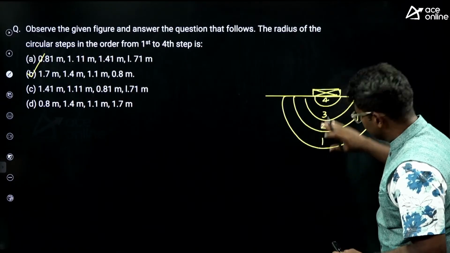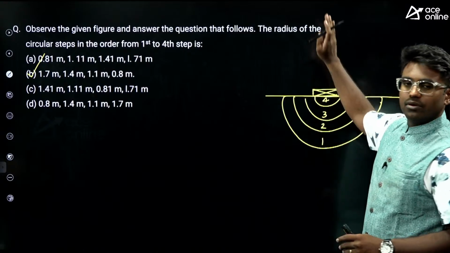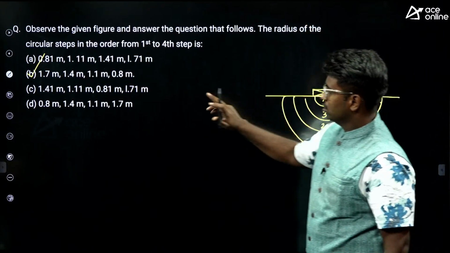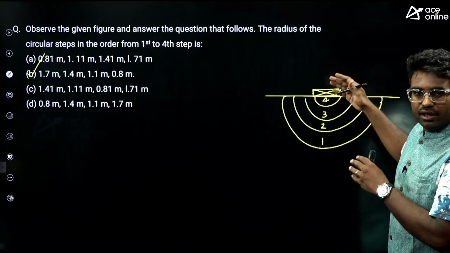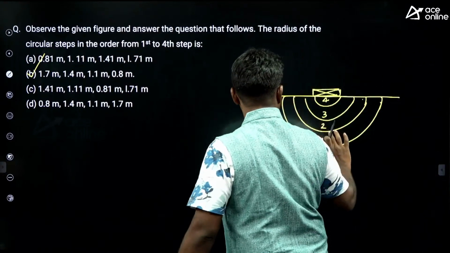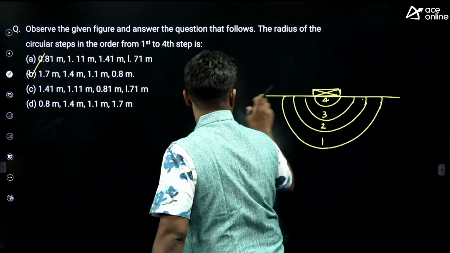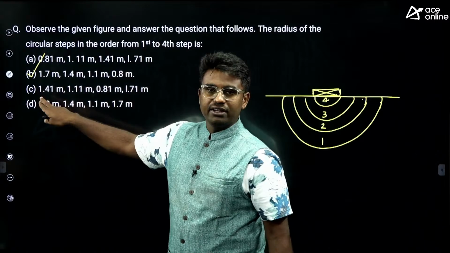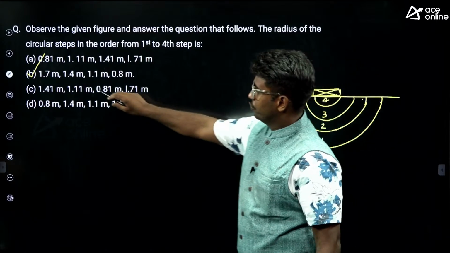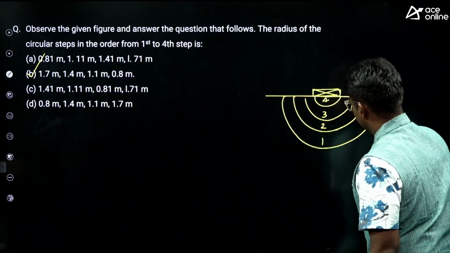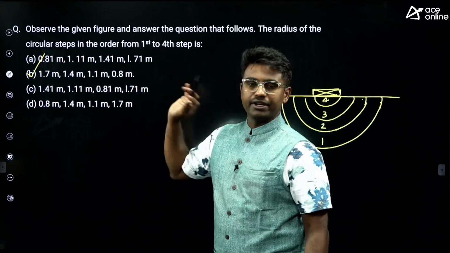I am coming from the bottom to the top. You have to consider like this only, not from top to bottom. Step starts from bottom to the top. First one, or else let's come from behind, in any order it gives the same answer. The first one is the bigger one. 1.7 is the radius, minus 0.3 gives you the radius of this, which is 1.4. Minus 0.3 gives you the third step radius, 1.1. Minus 0.3 gives you the step 0.8.